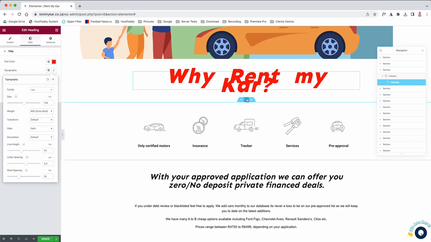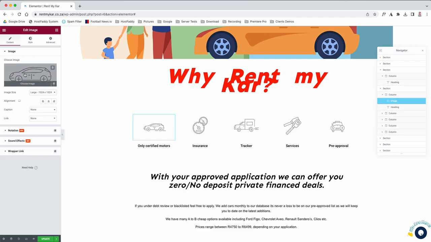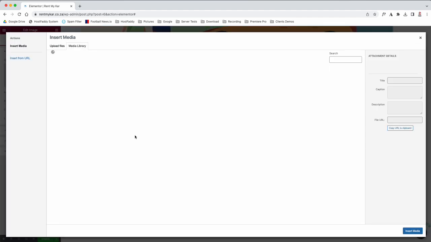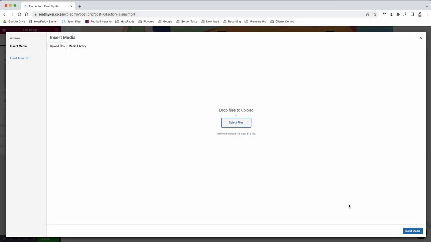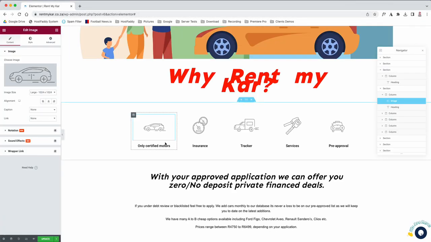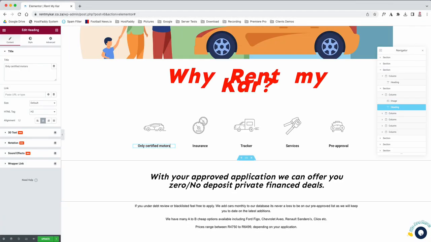So now scroll down here, we've got the next column, but this has got an intersection with 5 columns in. This is just an image. So as you can see, we just click on it and the image will be there, or you can click upload and upload your new images. If we go to the only certified motors,